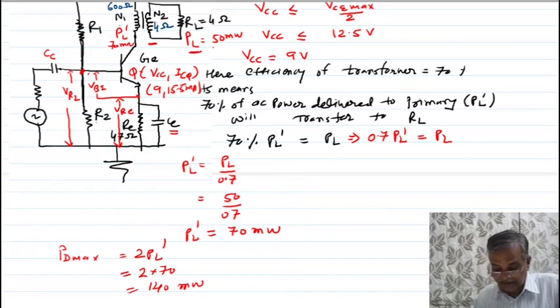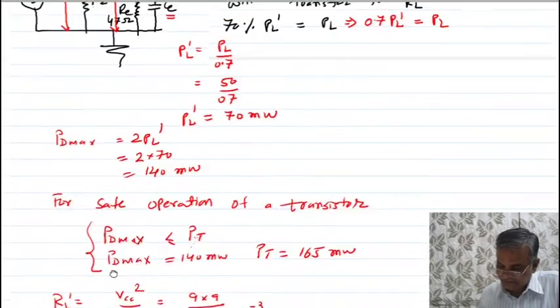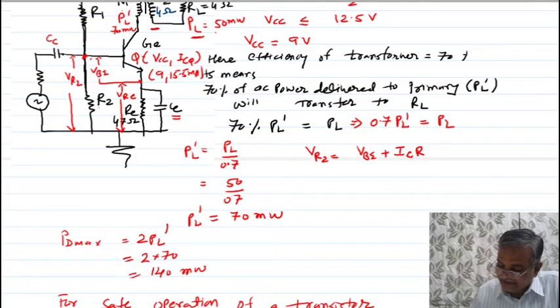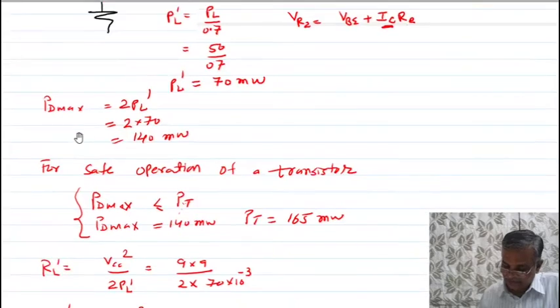So I am writing, see here, let me write so you get more clarity. Voltage across R2 is VBE plus, instead of IE what am I writing? ICRE. Actually what should I write? IERE, but what am I writing? ICRE. So I am getting here